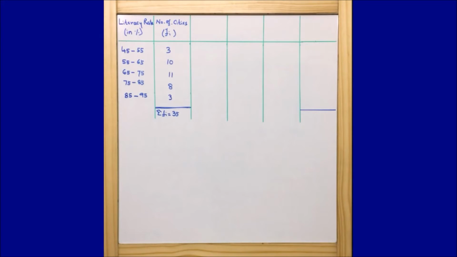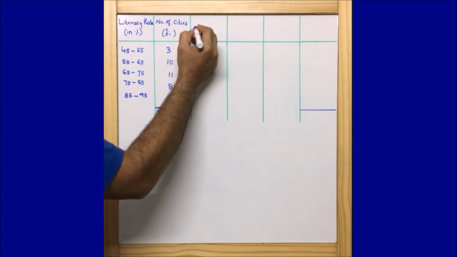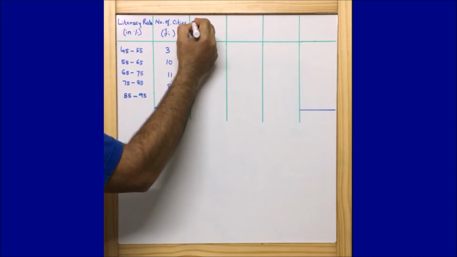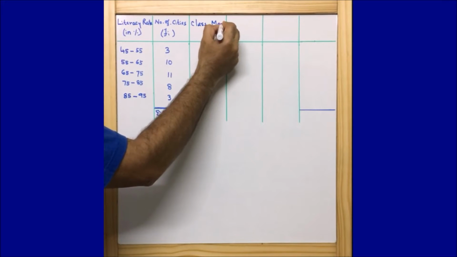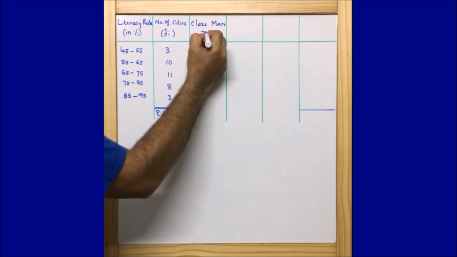So guys, with this data in hand, let us move ahead and see how to calculate the mean. Most particularly, we will be interested to know which method we are going to use for the calculation of mean here. But whatever method we follow, first we need to find out the class mark, because class mark is used for each and every method. So let us first of all find out the class mark here. Class mark is denoted by xi.